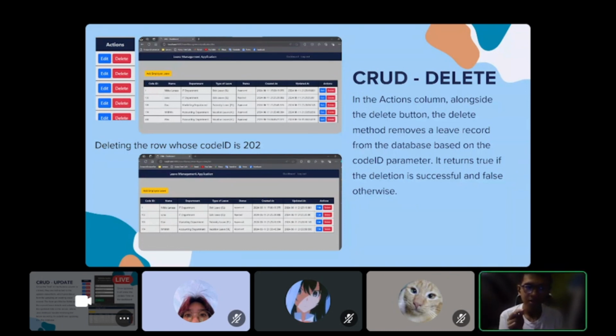The delete method initiates a sequence of actions on the server side in the Java servlet, wherein it first validates the user's authorization to perform the deletion, ensuring that only authorized personnel can execute this action to maintain data integrity and security protocols. Wherein on the image there is a before and after deletion, where the code ID is 202, and when you press the delete button on the dashboard, the information cannot be seen anymore once it is